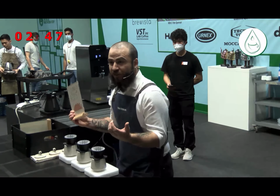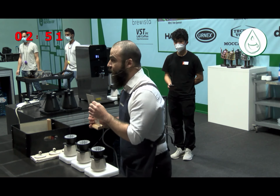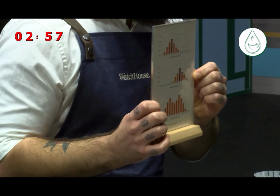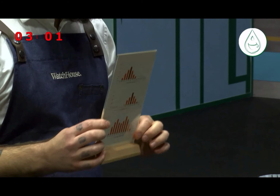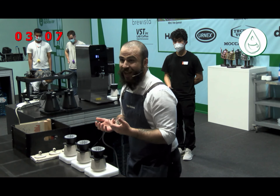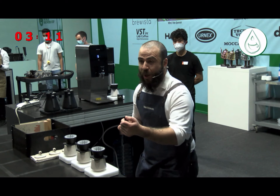So to achieve this, I mixed 2 distributions. One, 10 grams of coffee with a distribution peak at 600 microns, and the second one, 3 grams of coffee with a distribution peak at 1,000 microns. The final distributions create outstanding flavors in your cup that you will enjoy today as, please write down, when the cup is hot, blackberries,